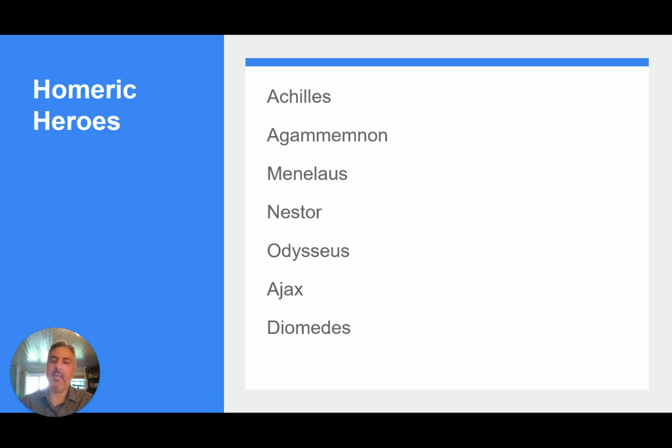So that's part of the reason why he's tasked with leading the expedition to Troy. But all the other heroes as well hail from locations that were settled at the time of the Mycenaean civilization. So Homer, in writing the Iliad and the Odyssey, is writing about a world long past. And it's worth pointing out to students that this is a kind of basic